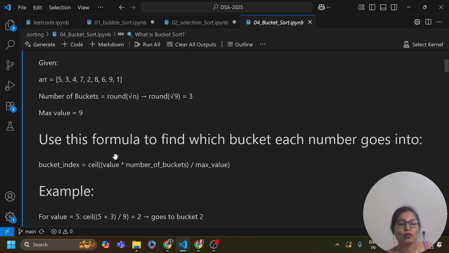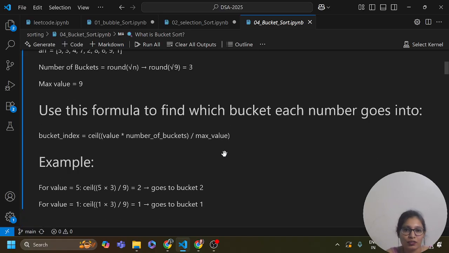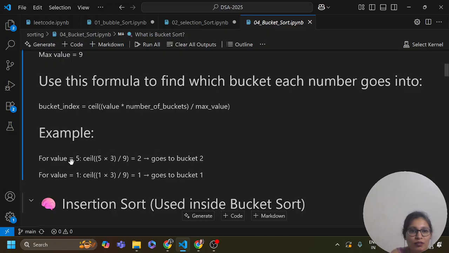Use this formula to find which bucket each number goes into. Bucket index equals ceil of value times number of buckets divided by maximum value. For example, for value equals 5, ceil of 5 times 3 divided by 9.